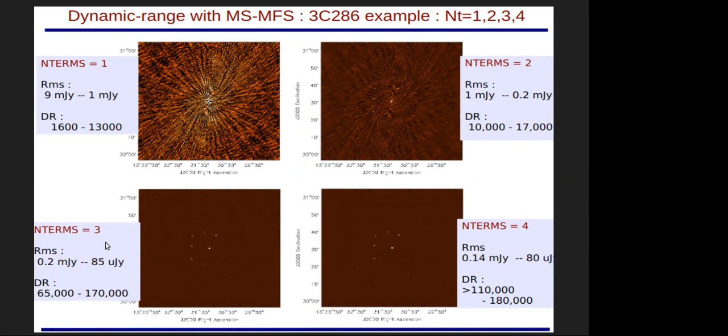So to model that, you need to provide the option nterms 3, nterms 4, and since this is a 1 gigahertz bandwidth, nterms 4 is giving you the best dynamic range. The dynamic range is greater than a million here, and you see that the source is extremely well modeled and it can be seen clearly here. So this is the effect of multi-frequency synthesis.